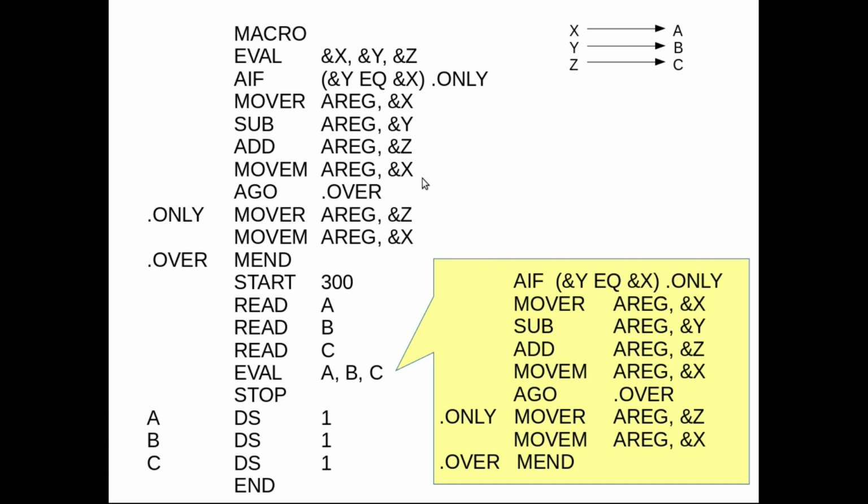That means we'll start macro expansion starting at AIF. So I am trying to see whether y is equal to x or not. Since y is mapped to b and x is mapped to a, this becomes b equal to a. And here we are just doing an equality test, and we are doing the string comparison.